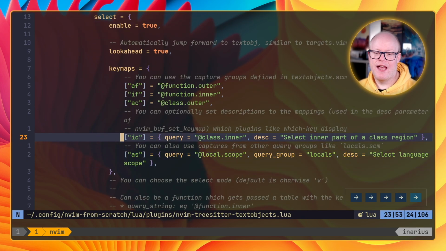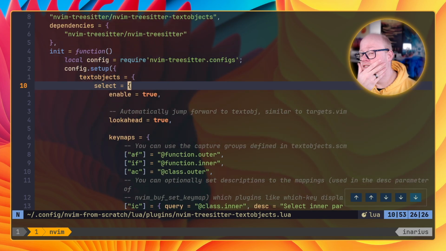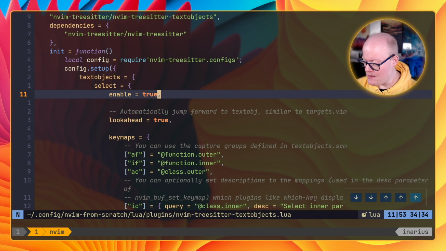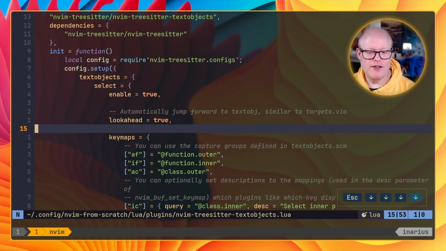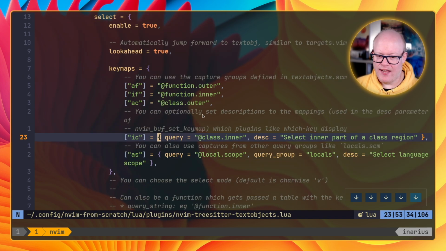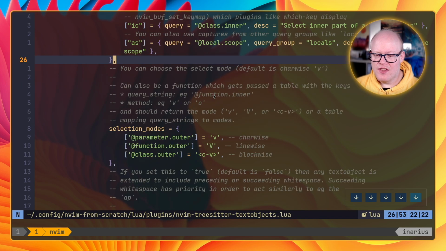For example, we have one here for classes. Okay, I'm not 100% sure if a table is a class in Lua. Let's see, maybe that is actually mapped. No, it's not. Okay, so I don't really know what a table in Lua is, but we can maybe find out. Nevertheless,